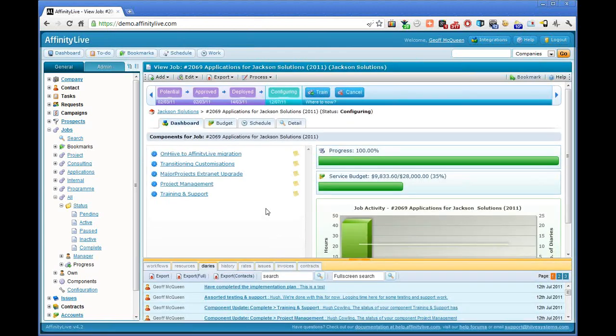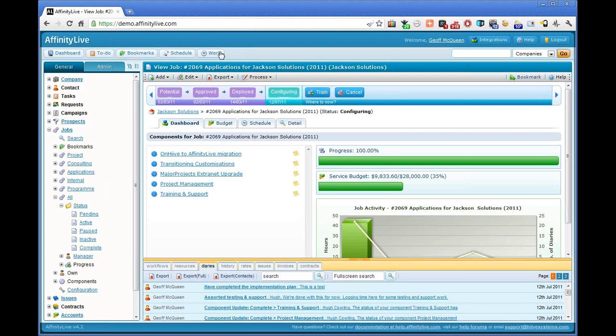Okay. So you've gone through, you've created all of your different components and your workflow, you know what the various parts of this job look like and are going to be, and then your next step is to say, okay, cool, now I need to have my staff go through and log their time. So your staff will log their time in a couple of different ways. They can log their time through the diary entries like we showed earlier when we sent an email out, or